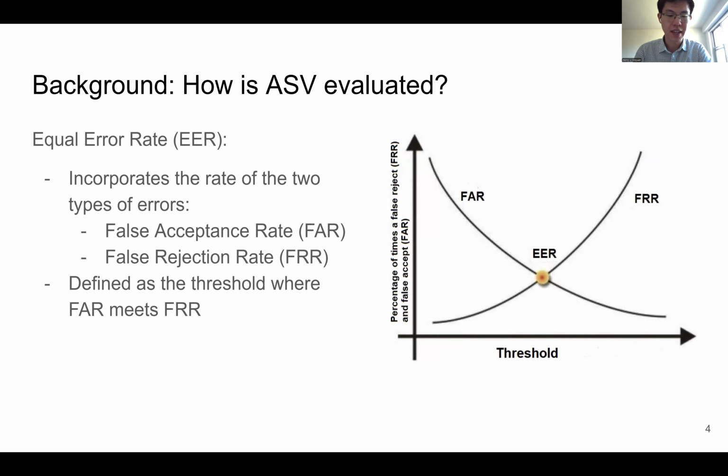In the case of many ASV systems, there is an adjustable threshold, which the system can be tuned with in order to be biased more towards producing false acceptances, or alternatively towards producing false rejections. Therefore, generally, if someone would like to report the strength of the ASV system, they would change that tunable parameter such that the FAR and FRR, the difference between those two values, is minimized.